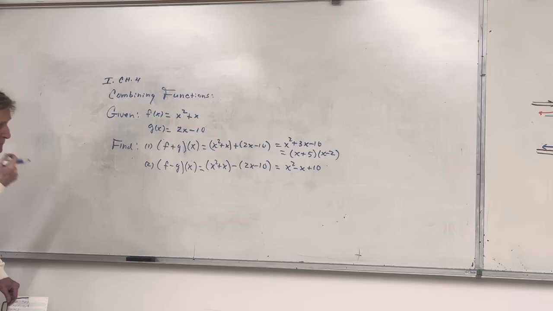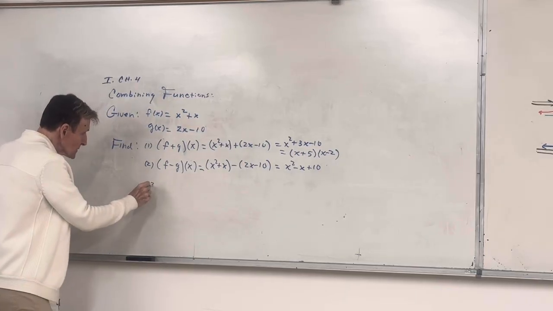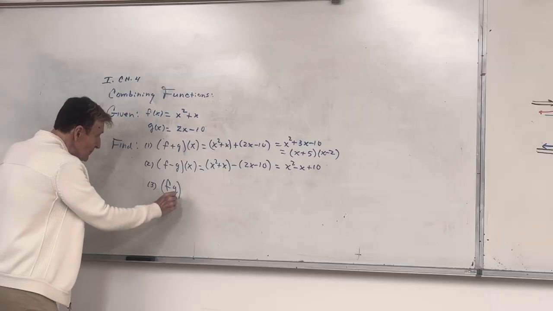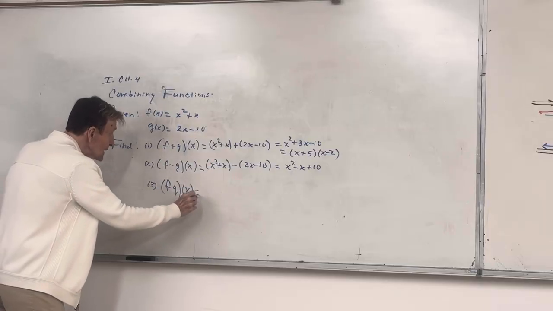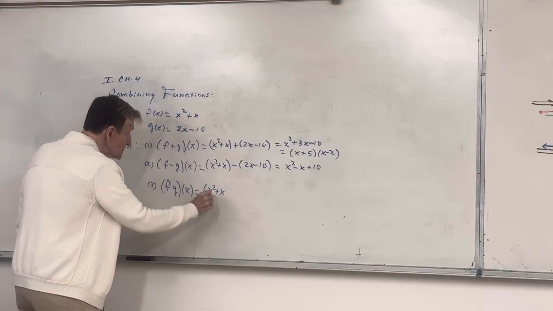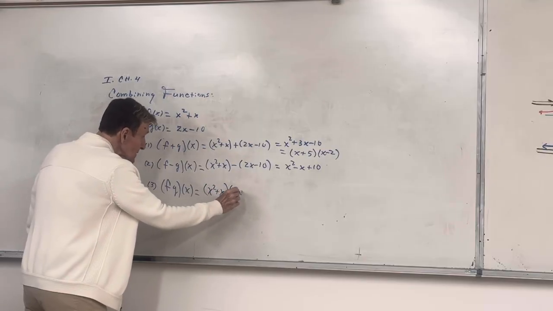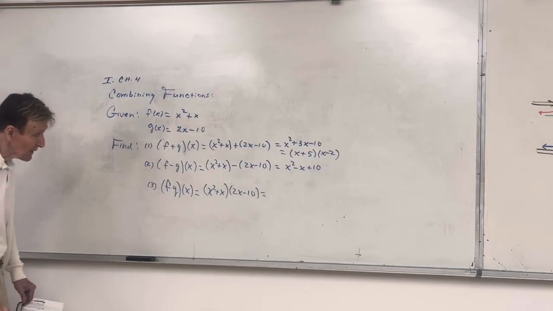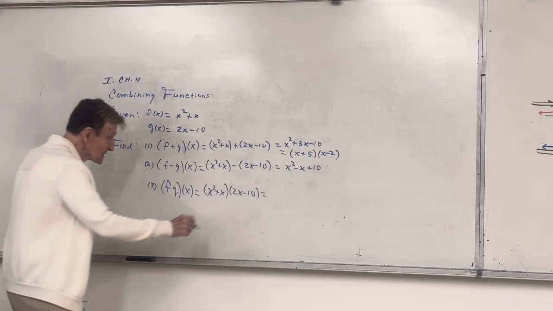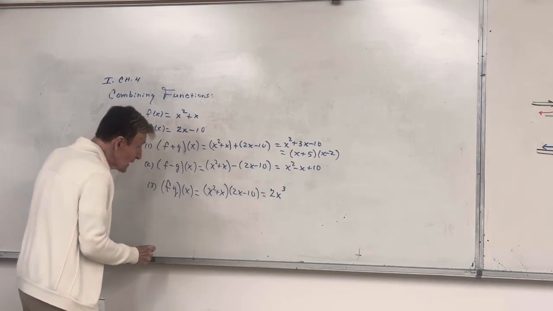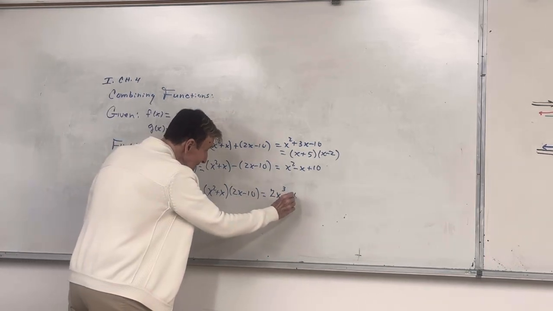That's no problem. Number 3, how else could I ask you to combine these two? Multiply them together. F times g. And that would be x squared plus x, no problem, times 2x minus 10. That would be another way to combine them, multiply them together. I will expand that out. Looks like it's 2x cubed. On top of the board here, so I watch carefully. Minus 10x squared